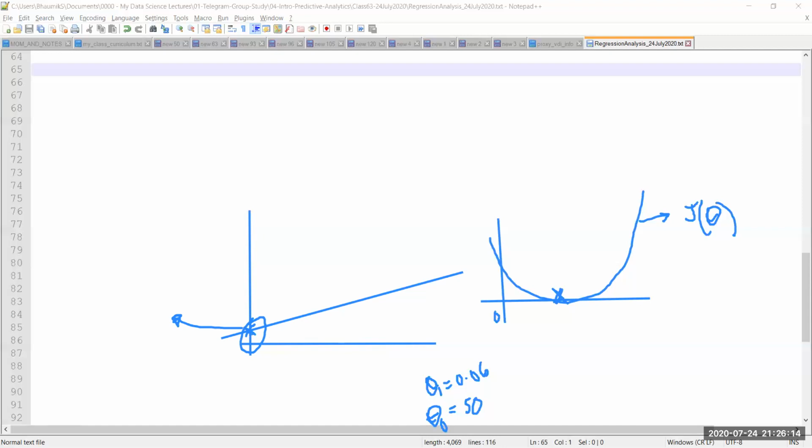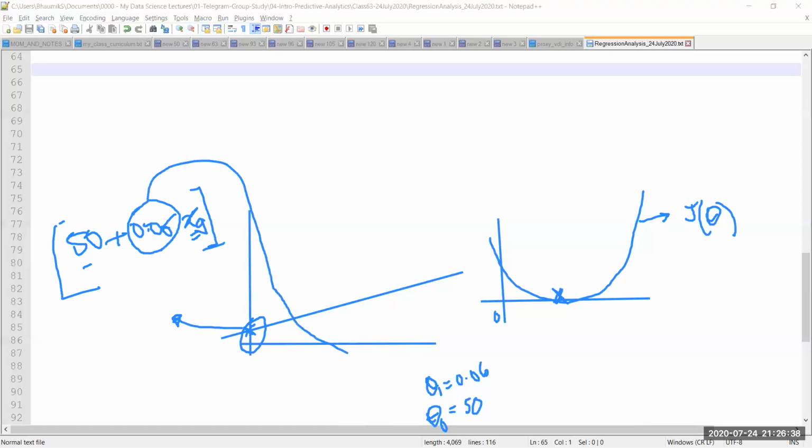So practically, the intercept also represents an amount which is always more than what you are expecting to pay. In this case, what is going to be my equation? My equation is going to be 50 plus 0.06 multiplied by the value of x, or any given x. I pass the size in square feet in this case. I have the equation now. I can clearly tell you the approximation of the rent. How did I find this value 0.06 being equal to theta 1? This is using this graph.